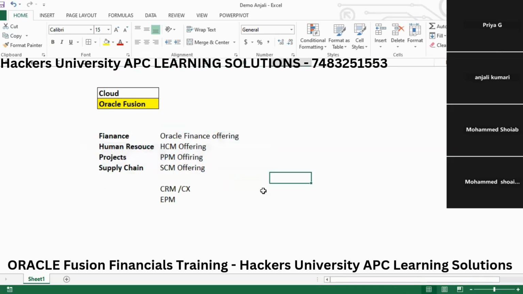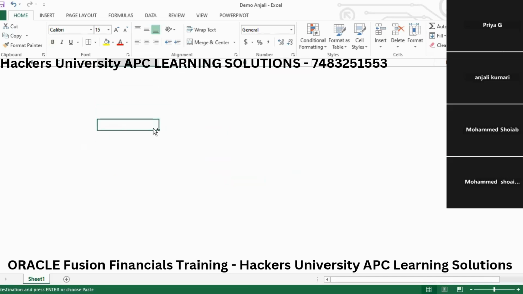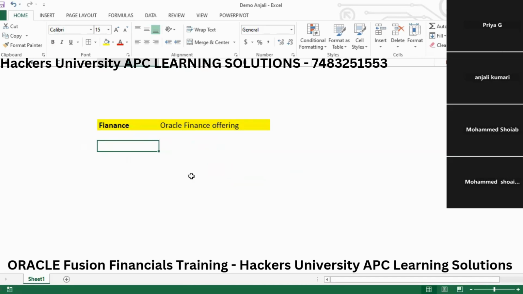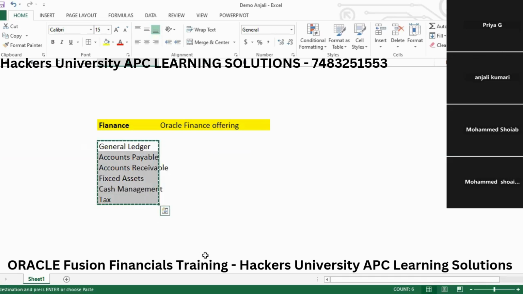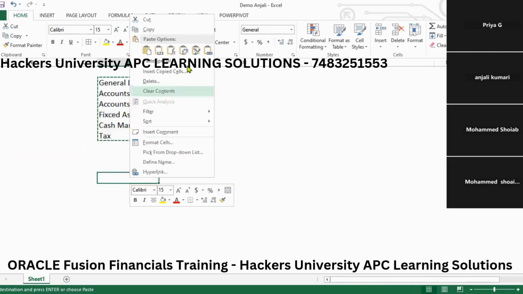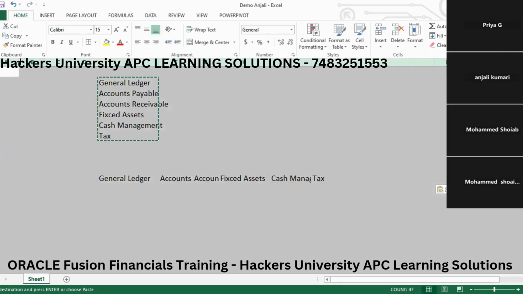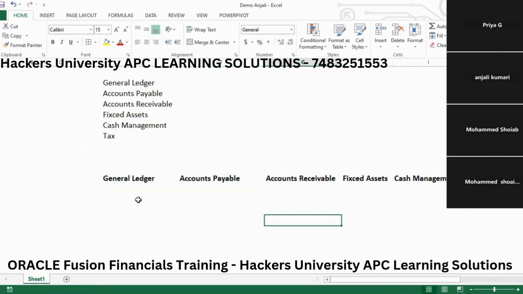Yeah. Okay. So now we are going to learn about the Oracle Finance offering. In this Oracle Finance offering, what do we have? We have different types of modules or areas: general ledger, account payable, account receivable, project, fixed assets, cash management, and tax. These are all the different modules or areas we are going to cover in this course. So here we will start with the